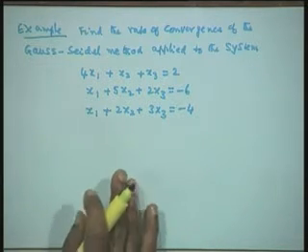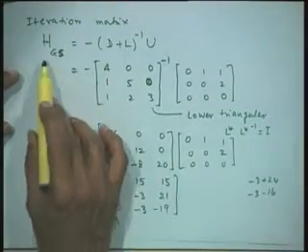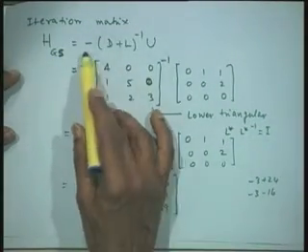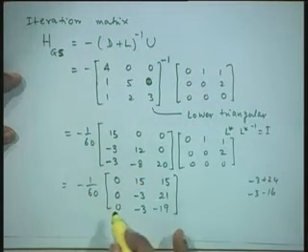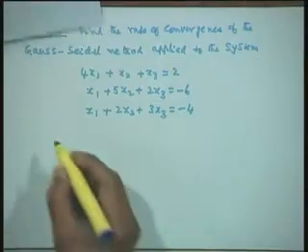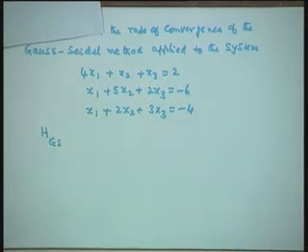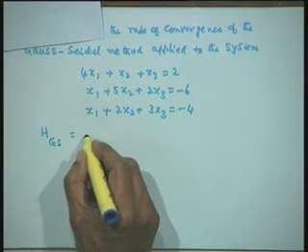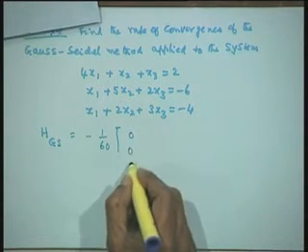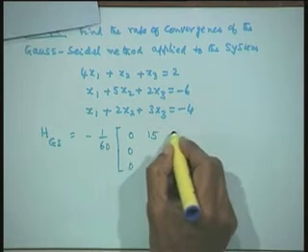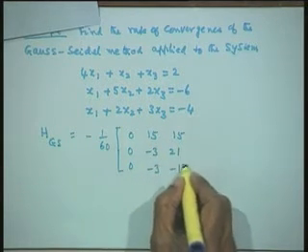Now, for this matrix, if you look back at your notes, we have derived the iteration matrix for the Gauss-Seidel method, minus (D inverse of L plus U), and multiplied it out and got this as the iteration matrix. So, let us pick up this iteration matrix and use it here. The iteration matrix H Gauss-Seidel is equal to minus 1 upon 60 times the matrix 0 0 0, 15 15 minus 3, 21 minus 3 19.